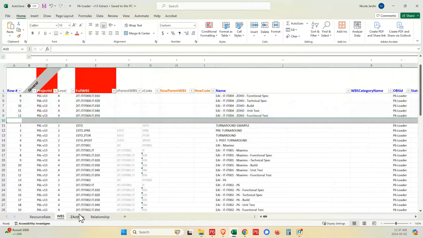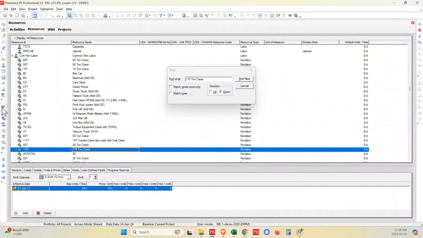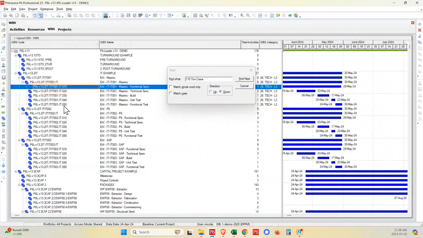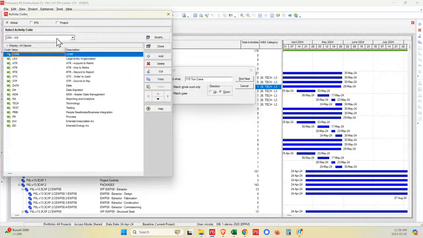Let me touch on another biggie. So another big one that we did was tackling the way that we deal with hierarchies. So hierarchies are in many places inside of P6. So what I mean by a hierarchy is, for example, here on the WBS, you see how we have these different parent-child hierarchies inside of here, layers. So that is what we call a hierarchy. And they're all over the place in P6. They're in the codes, of course. That's a flat one, but